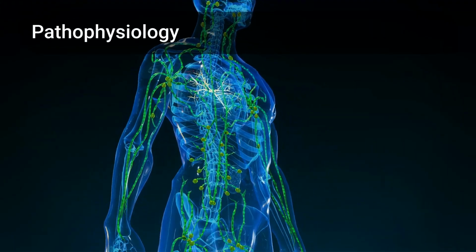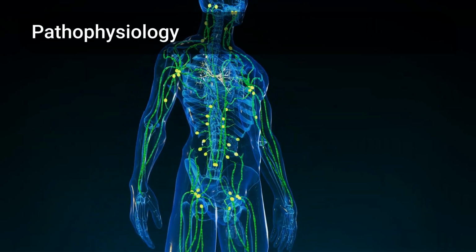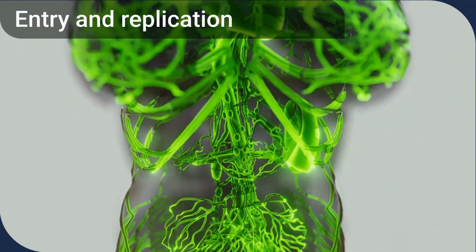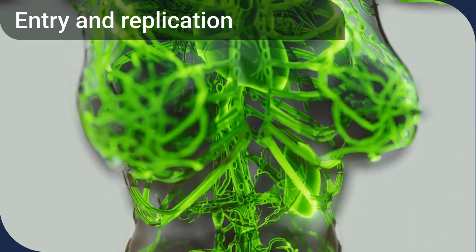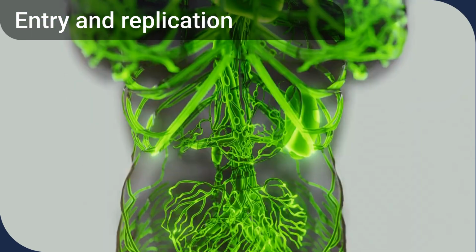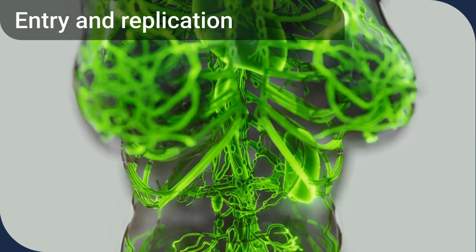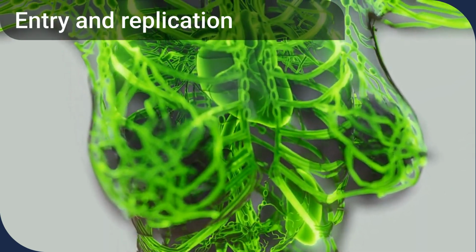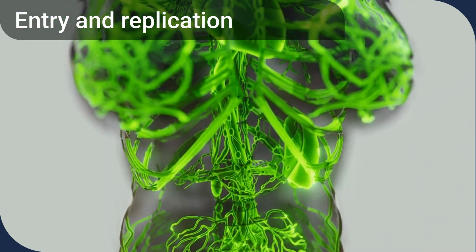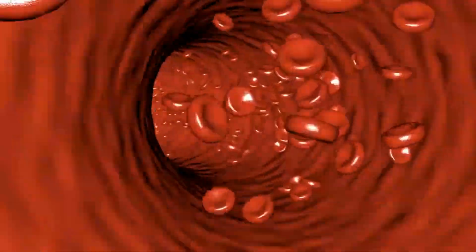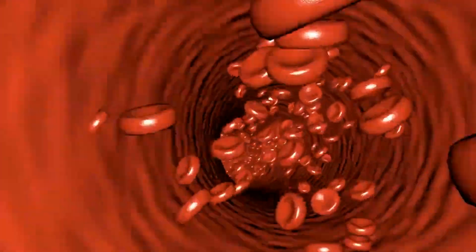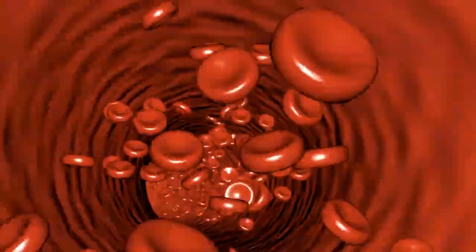Now let's explore how the virus progresses through the body after initial inhalation. After inhalation, the virus first infects respiratory cells and macrophages, leading to local replication. It then spreads to lymphoid tissues like lymph nodes and the spleen in what is known as primary viremia. Secondary viremia follows, where the virus is disseminated widely throughout the body to the skin, conjunctiva, respiratory tract, and other